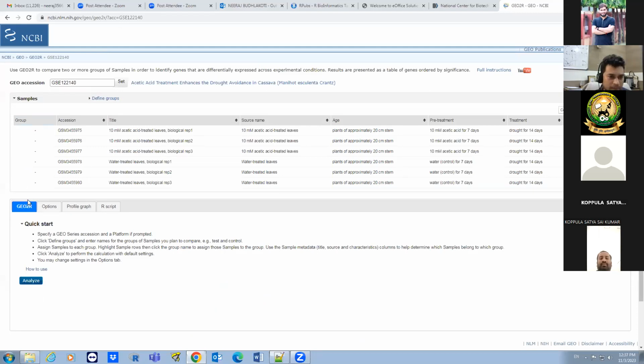Suppose I will give you one example. There are two kinds of conditions: one is acetic acid treated leaves, and another is water treated leaves. So you can see clear-cut two kinds of groups. Acid treated leaves you can consider as a treatment, and water treated leaves you can consider as mock or control. Suppose you define groups. One is treatment,